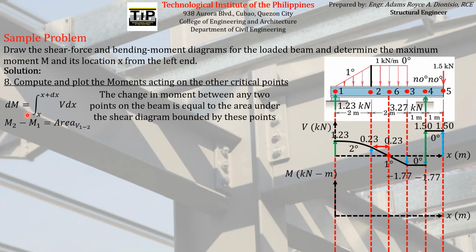Or if we rearrange this, we can see that the bending moment at point 2 is just equal to the bending moment at point 1 plus the area under the shear force diagram between point 1 and point 2 only. So substituting the corresponding values, we already know the bending moment at point 1, which is actually 0. And we can compute the area under the shear force diagram between point 1 and point 2